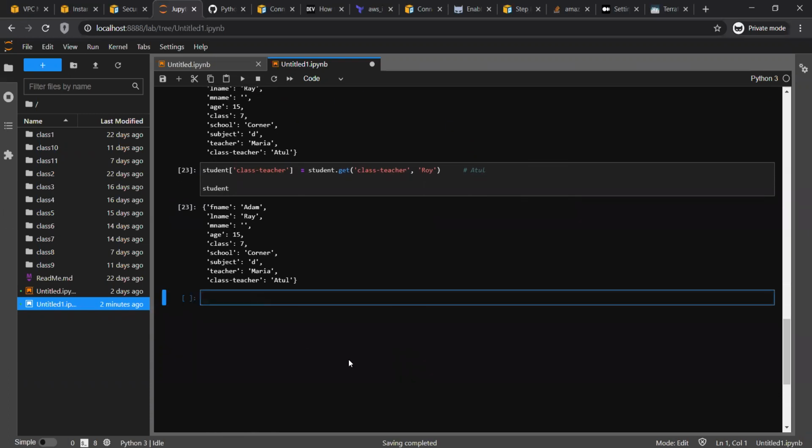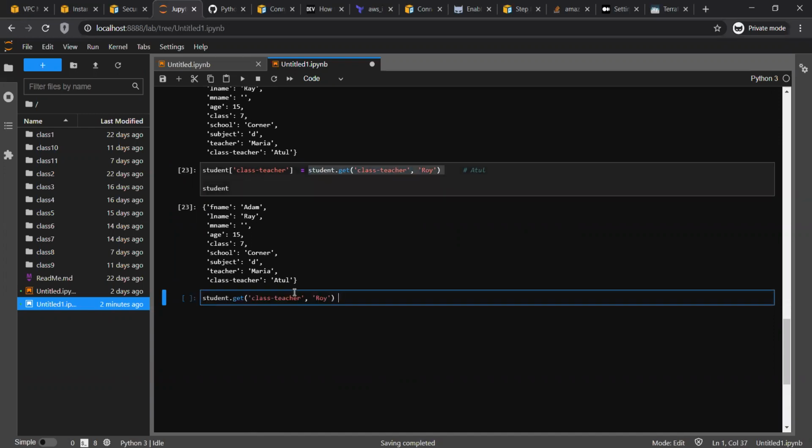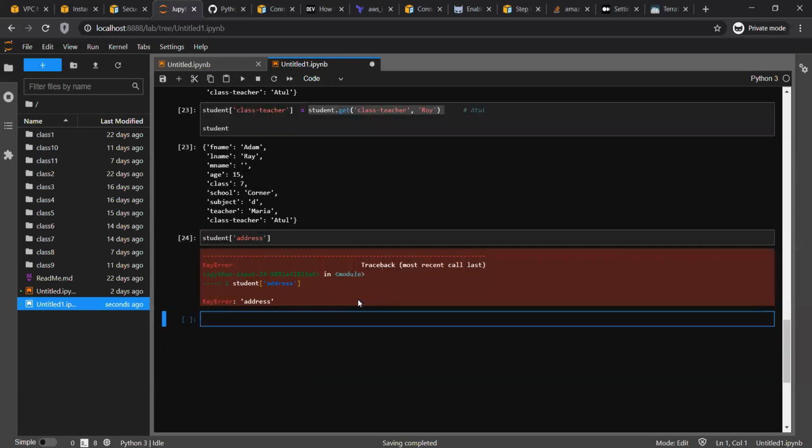Let's say, suppose, I'm taking another example. Suppose I wanted to know the address of a student, the home address. Obviously, address doesn't exist, so it will throw me an error.